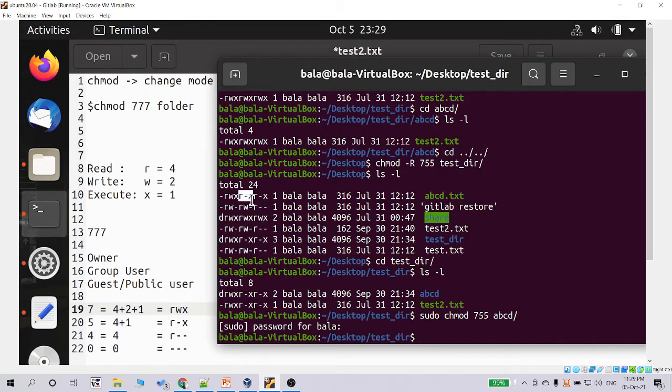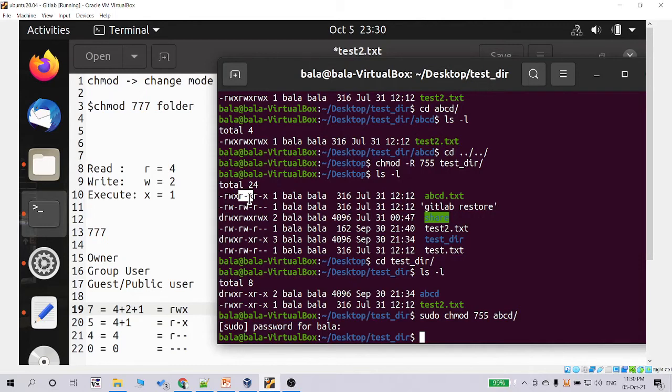The first set represents the owner, the user who created this particular file. That's the permission for that particular user. The second set is for the group user, meaning similar types of users inside the system.